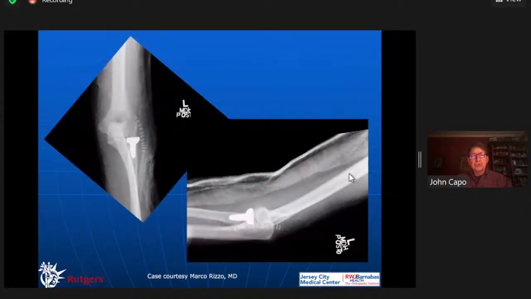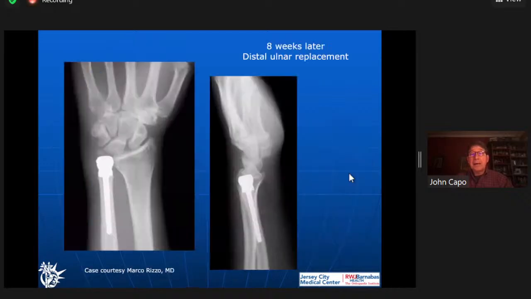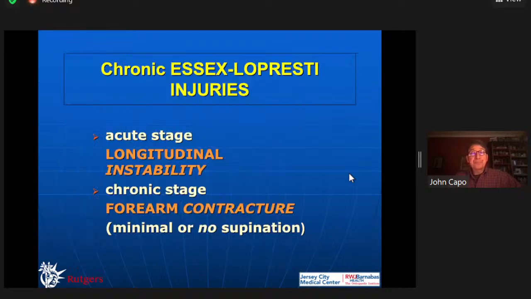And what do you do? So Marco replaced the radial head at the index procedure, and usually can replace it. And if you look closely, that humeral ulnar joint is parallel now, right? So he's restored the biomechanics at the elbow joint, but then he waited later to replace the distal ulna, and did a distal ulnar replacement after this is aligned and you have better alignment of the DRUJ. So difficult case, and one of the few cases we'll use an ulnar head replacement.